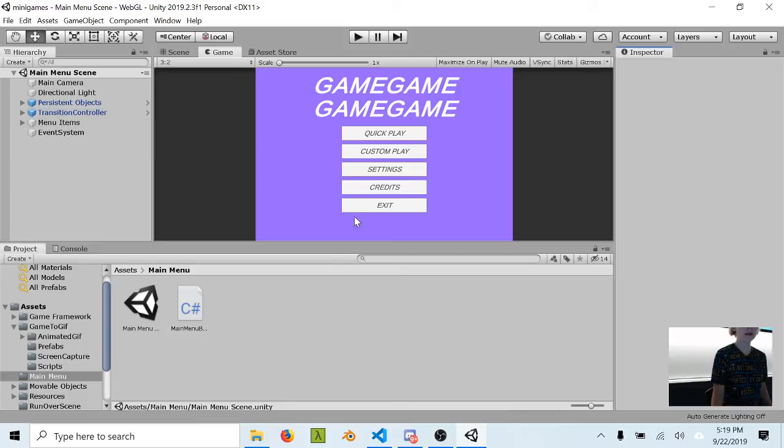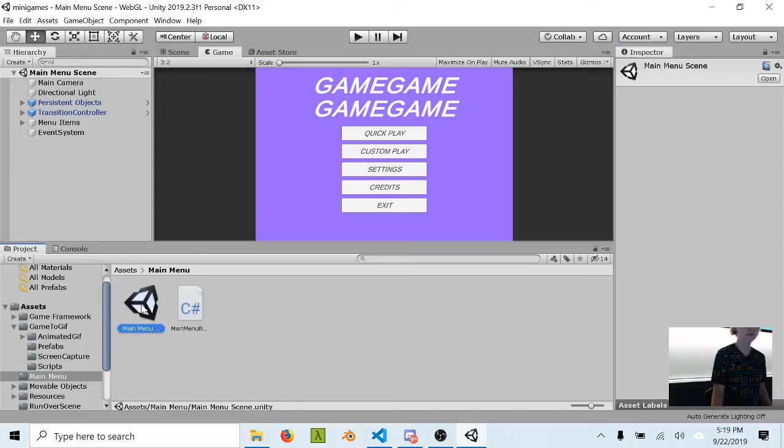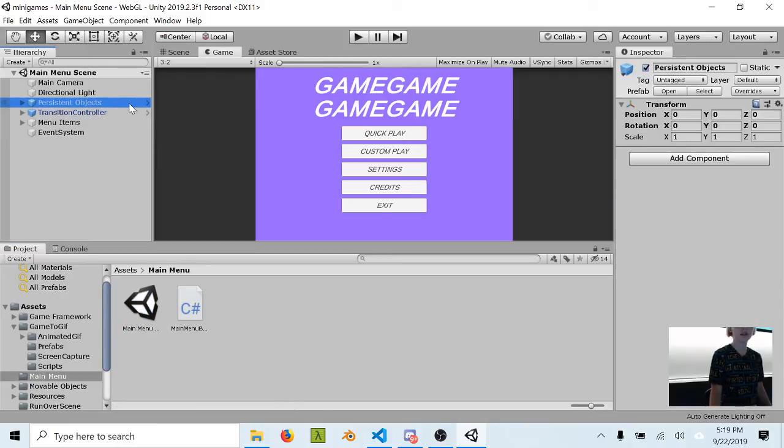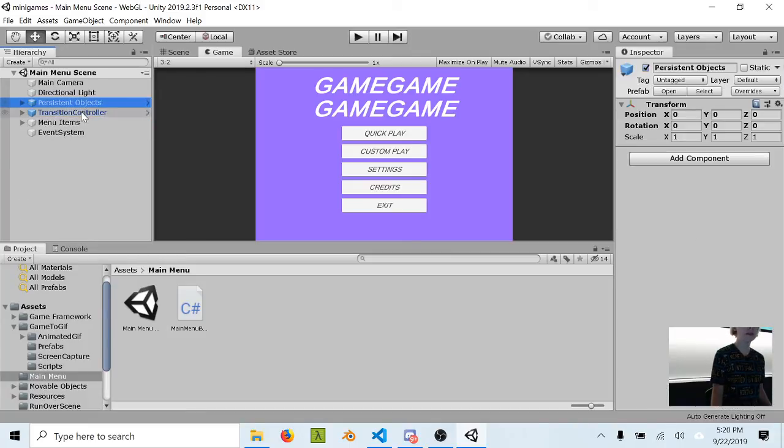So if you're in the main menu scene, which is in Assets, Main Menu, and then Main Menu, you'll find this, and you'll find in the project hierarchy the structure of these two prefabs, which are just game objects without any actual mesh or visible aspects to them. And then you'll find this game object called menu items. And you might notice that even though these two,